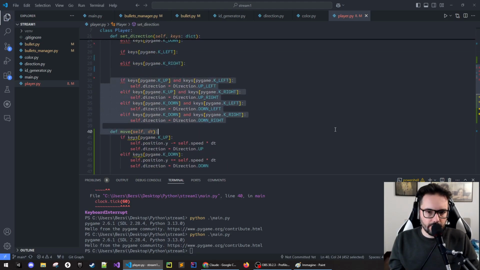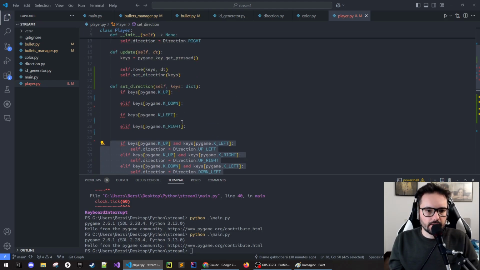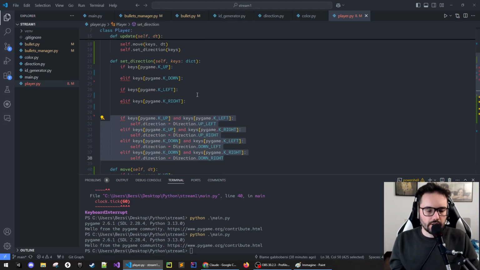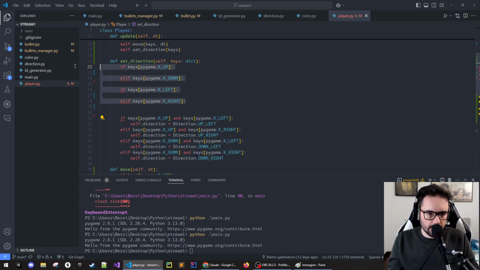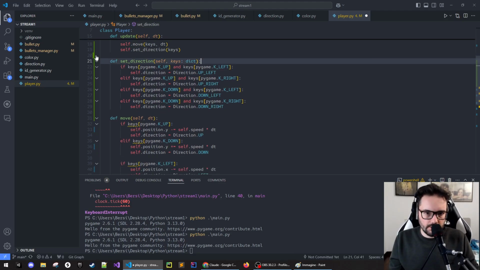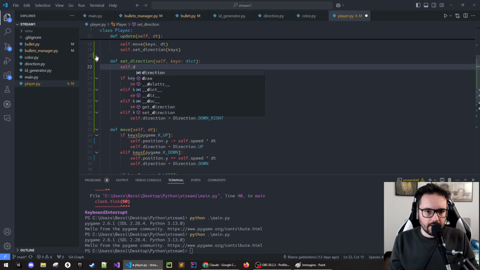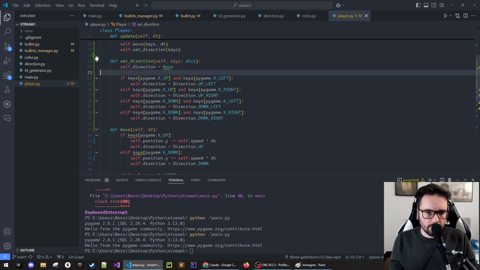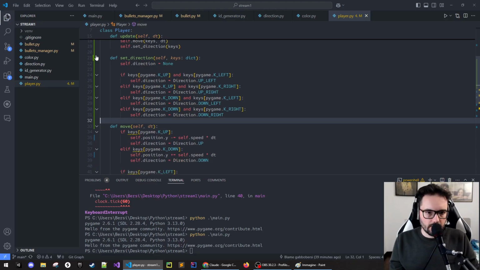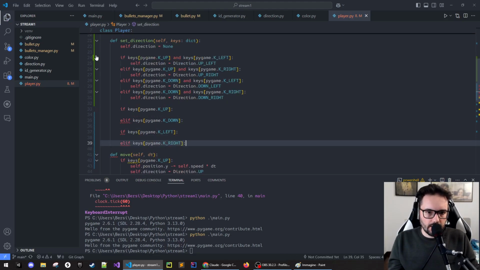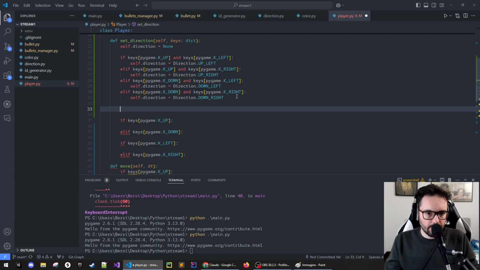By the way, if we have a direction here, we can just return, preventing other ifs. Because if we are going diagonal, we can just say, if we have a diagonal direction, we can just return without checking the normal direction. So we can maybe say something like this. So self dot, the expense is to reset the direction, but who cares? Because we are setting direction none. So we can just say that if we have a direction, we just